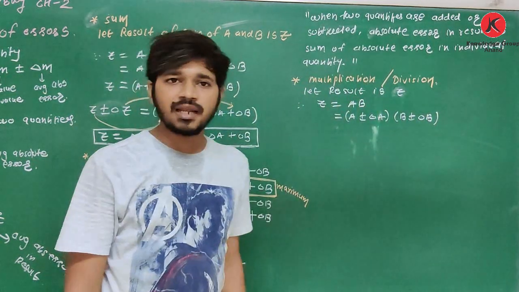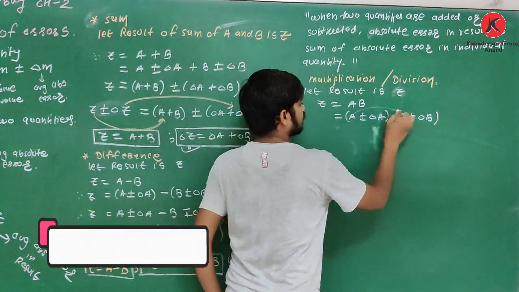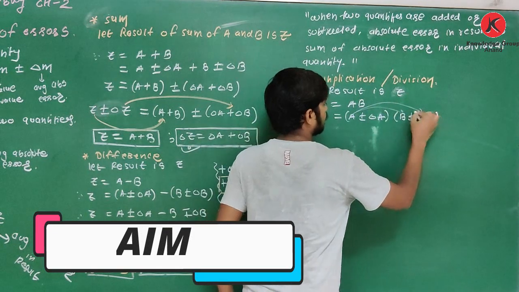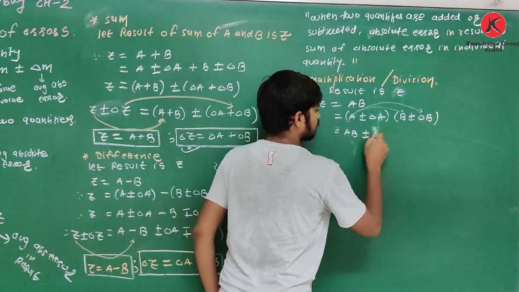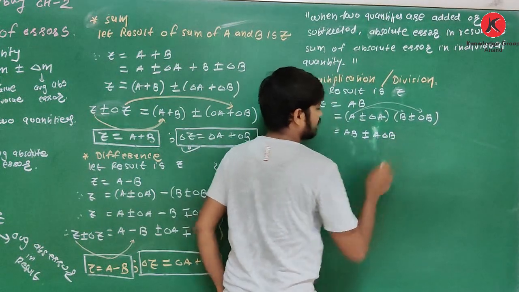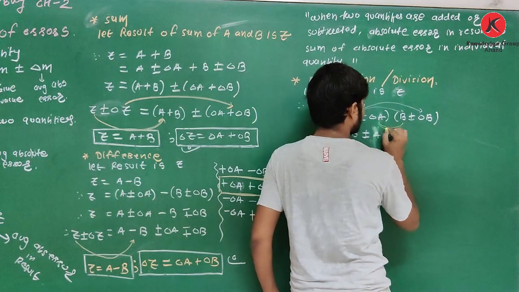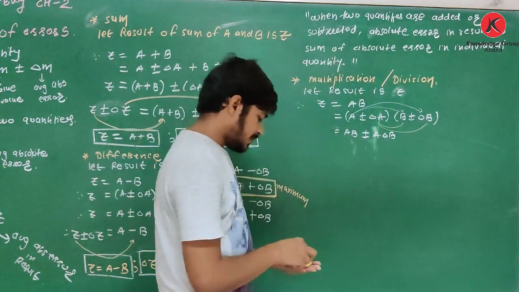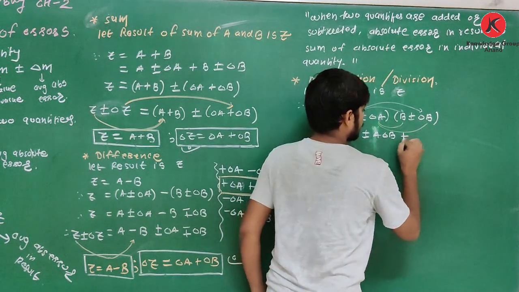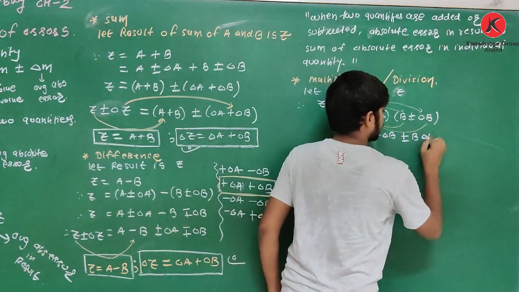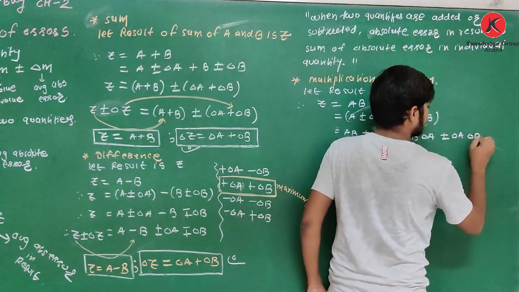Now we will multiply this. First of all, multiplication of a with b and a with delta b. Then it is ab plus or minus a delta b. Now multiplication of delta a with b and then delta a with delta b. Then it is plus or minus b delta a plus or minus delta a delta b,